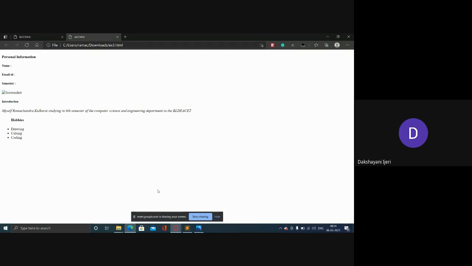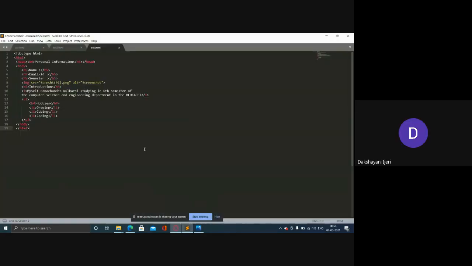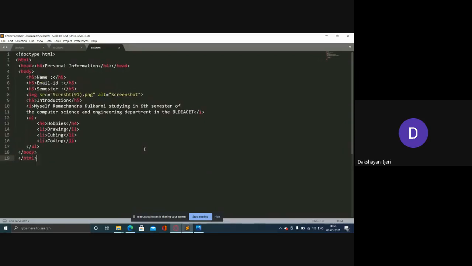Okay, so everyone can see here which element you have used for the personal information. Heading, ma'am. Open your code. Is it possible for you to enlarge this screen? Okay.